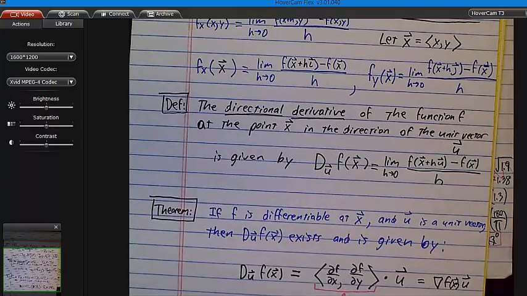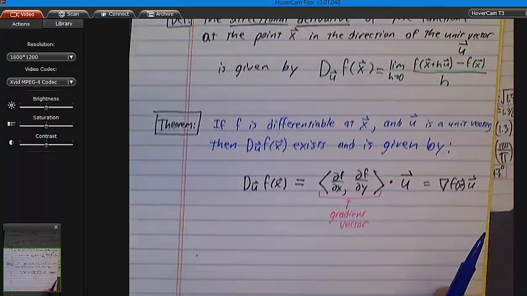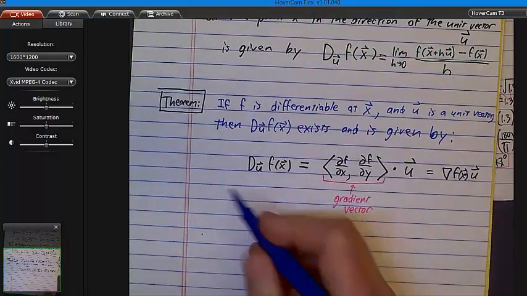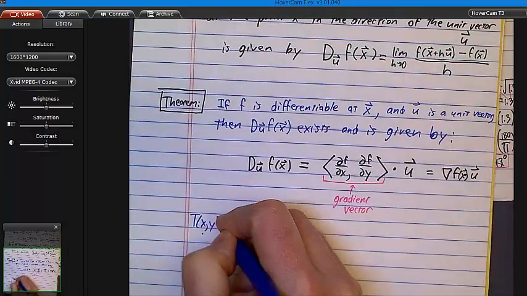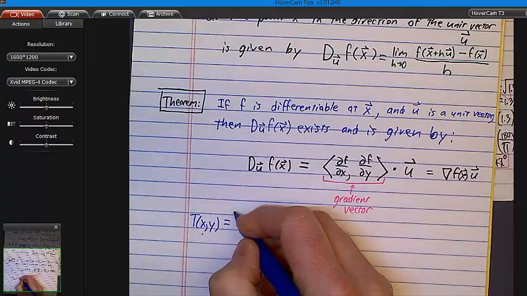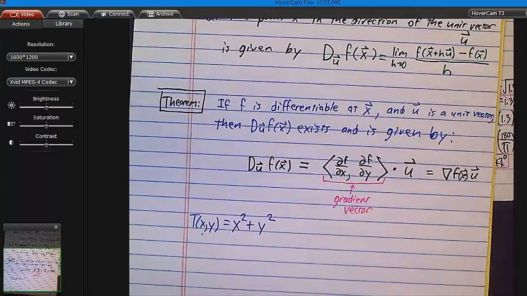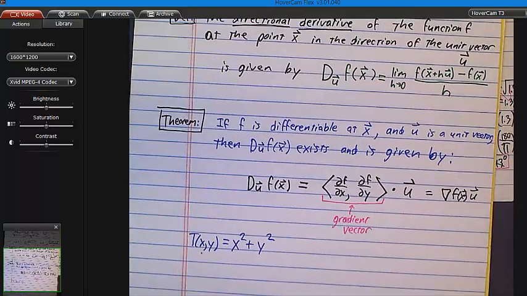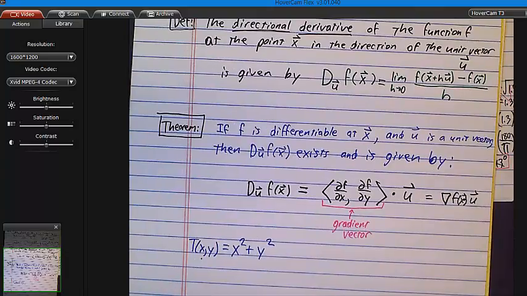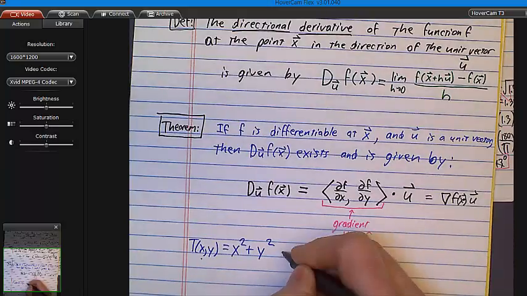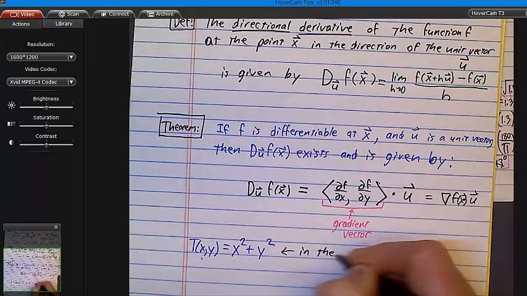Okay, so again, I'll finish with a closing example, and then we'll be done. T of x, y, remember I said was, yeah, it's not temperature, I don't know what it is. x squared plus y squared. Okay? And what I want to compute, oh, I guess I need to tell you what u is. Well, okay, I said in the direction